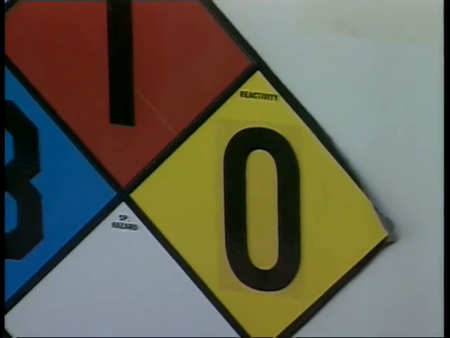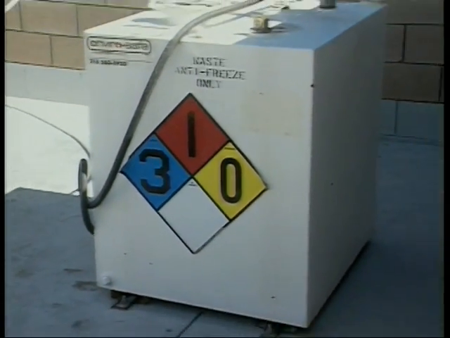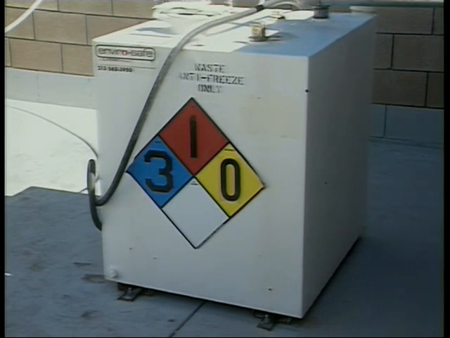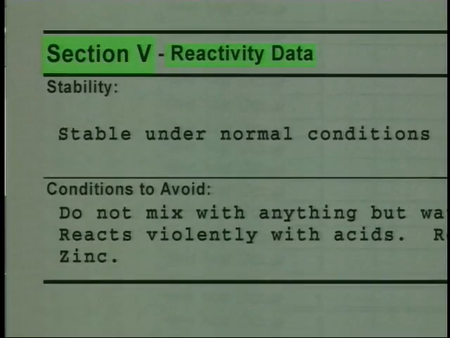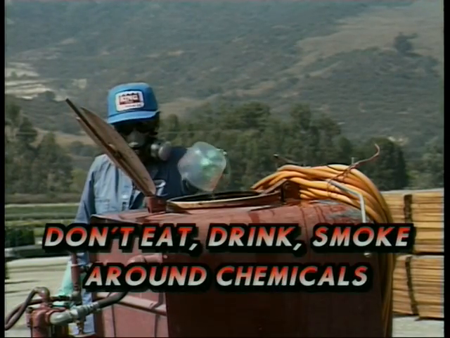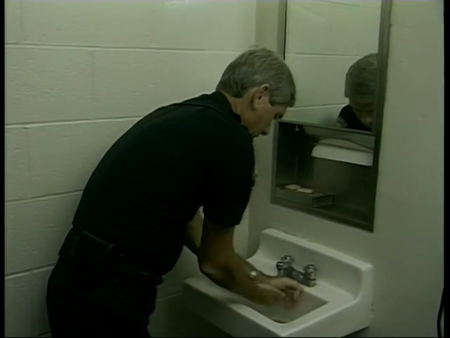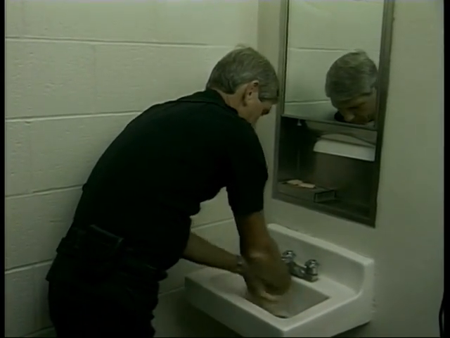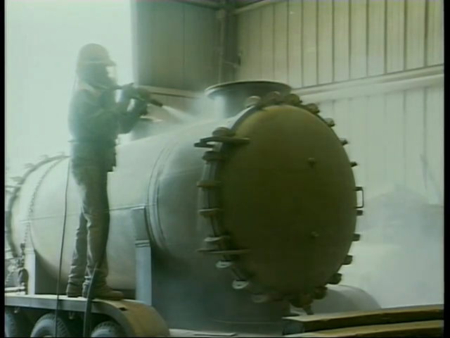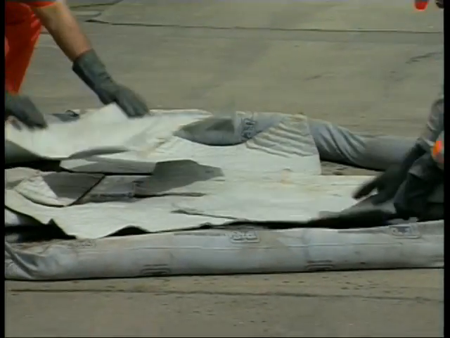Some basic safety tips and general precautions for these types of materials include: if you're not familiar with the chemical, find out about it. Read the MSDS and warning labels on the container. Observe written warnings and don't eat, drink, or smoke around chemicals. Change your clothing because you don't want to take hazardous chemicals home with you on your clothing. Ensure your work area is well ventilated and wear appropriate protective clothing.